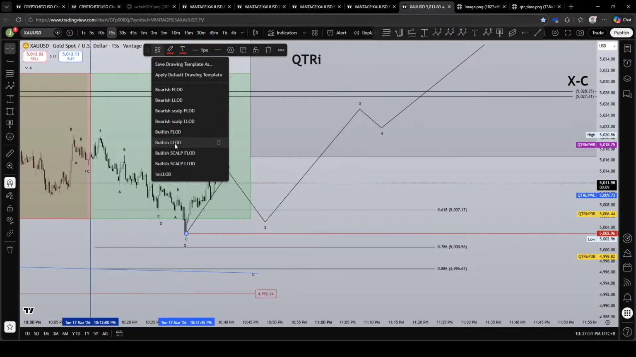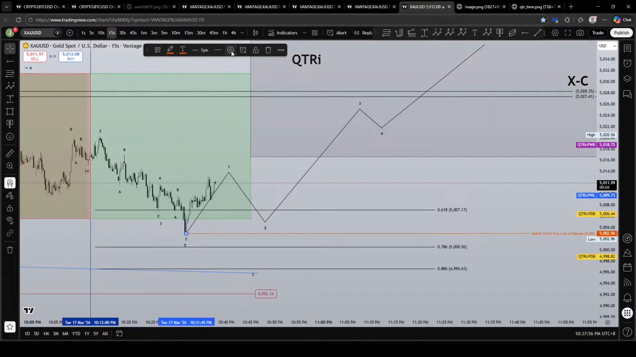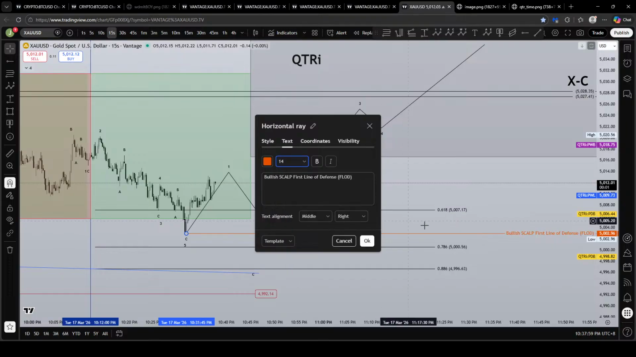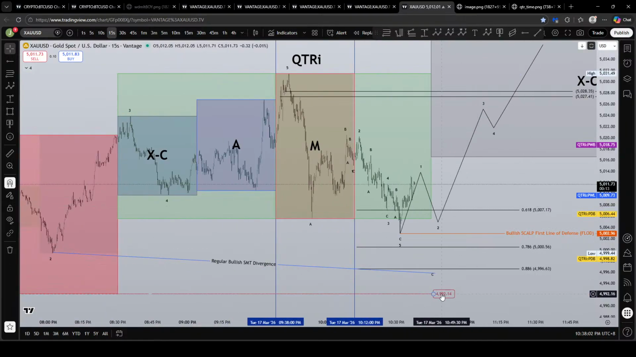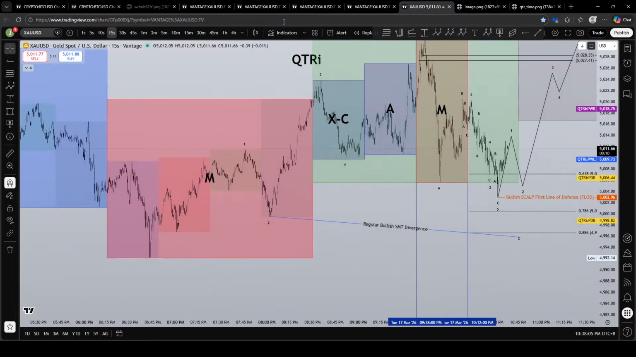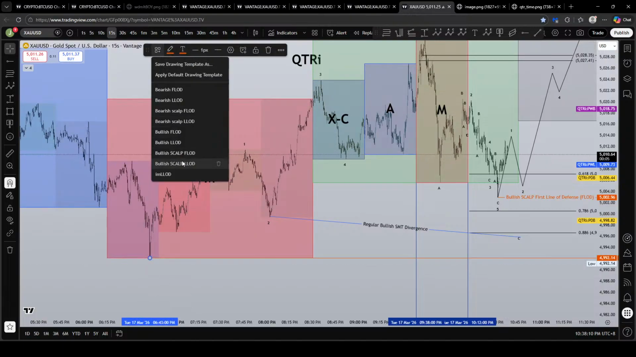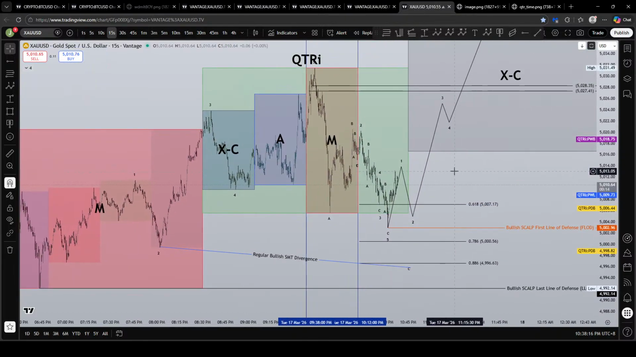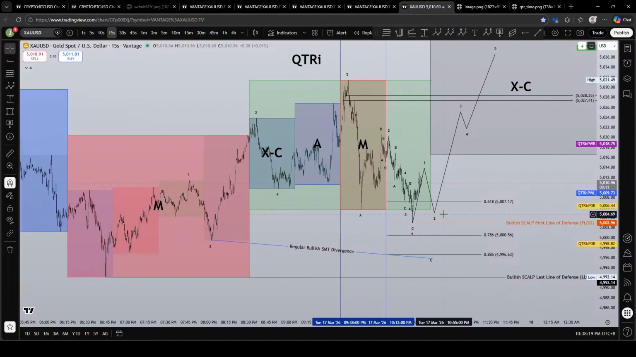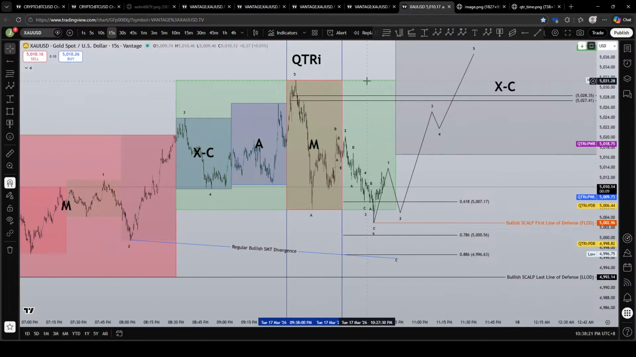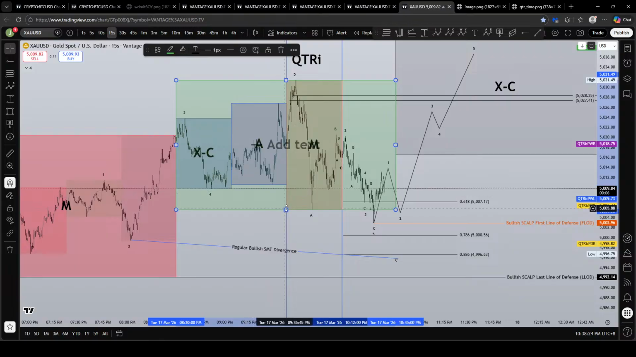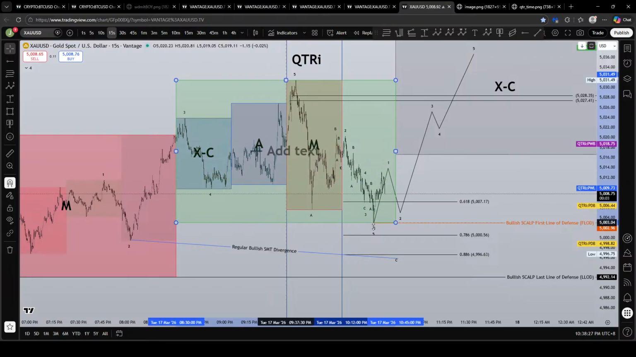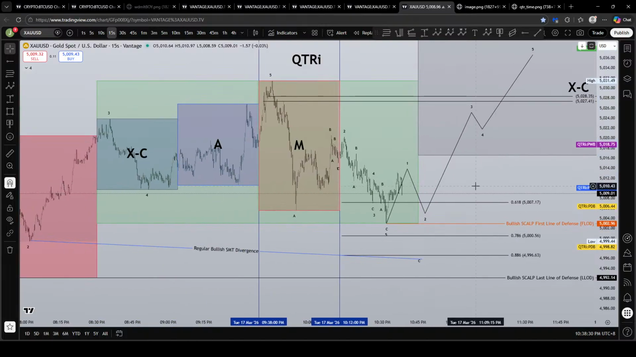So allow me to just label this as bullish scalp first line of defense. Let me change this into 14. This will be the first line of defense, and this will be the last line of defense. Bullish scalp last line of defense. Now that I have given you the possible structure, both the QTR and Elliott Wave Theory, let us now wait for the